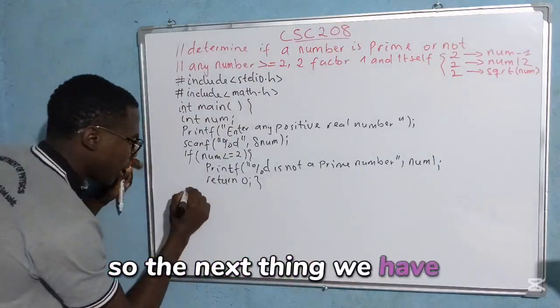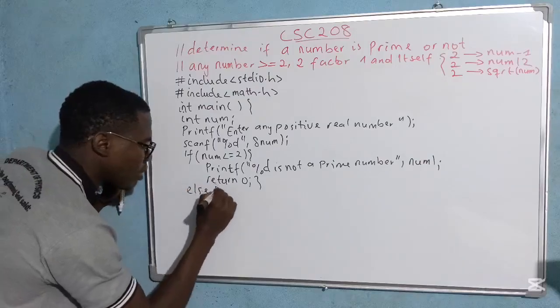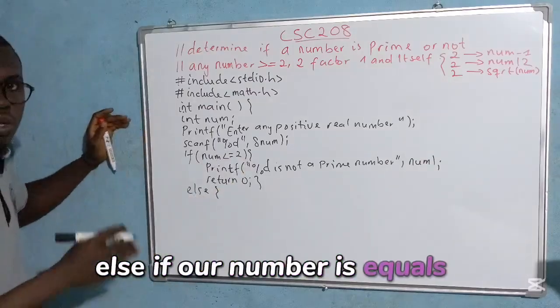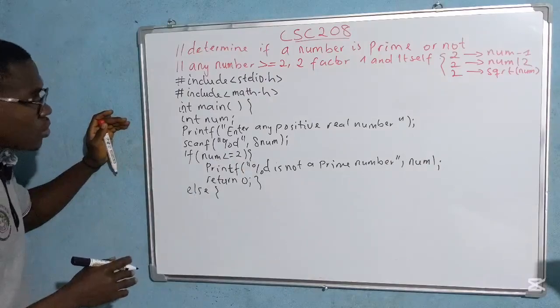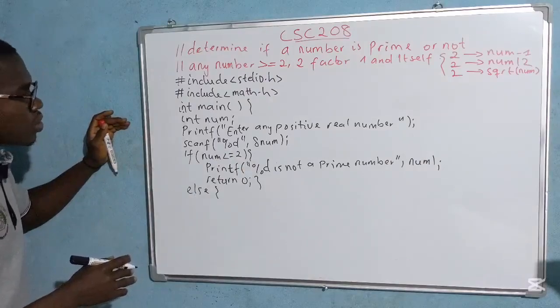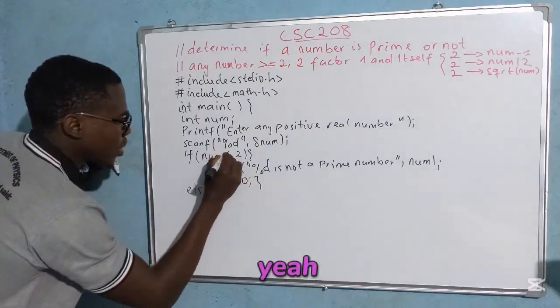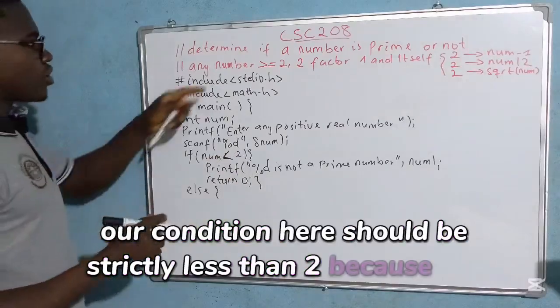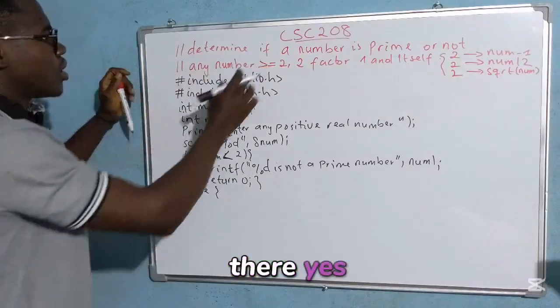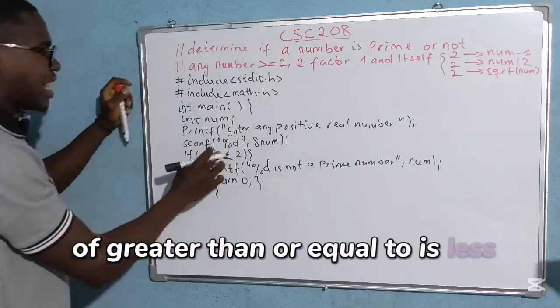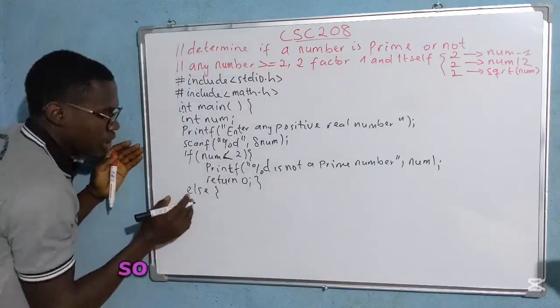So the next thing we have is an else. The condition here should be strictly less than 2, because the negation of greater than or equal to is less than. Exactly. So now in our else here